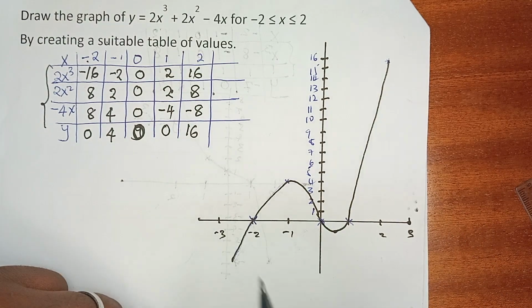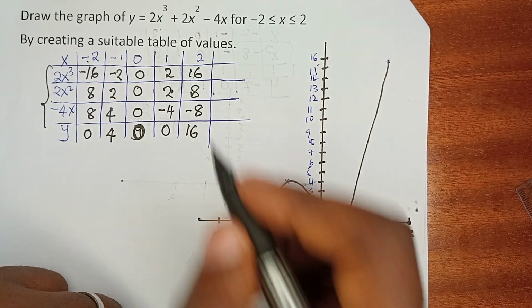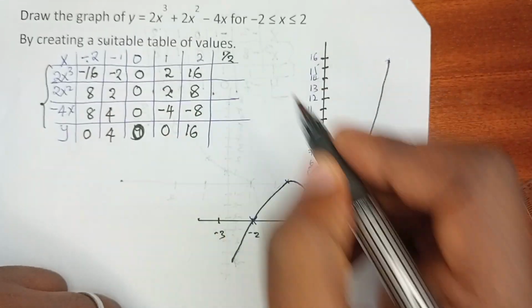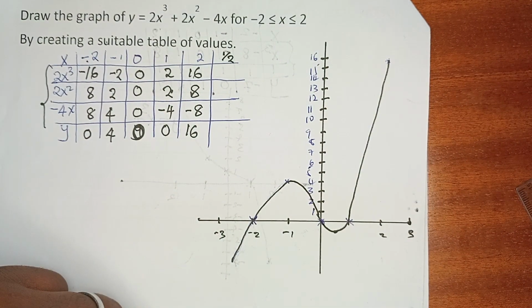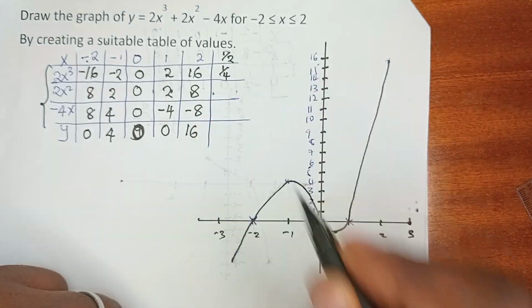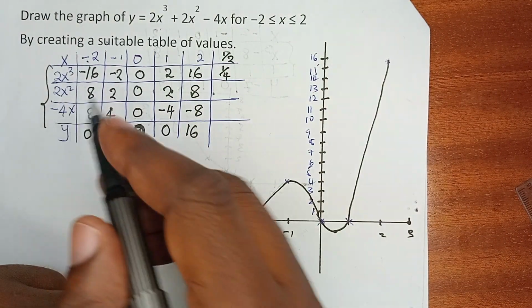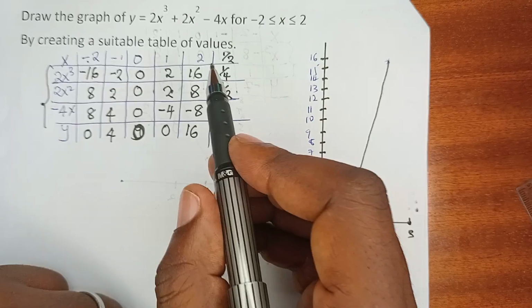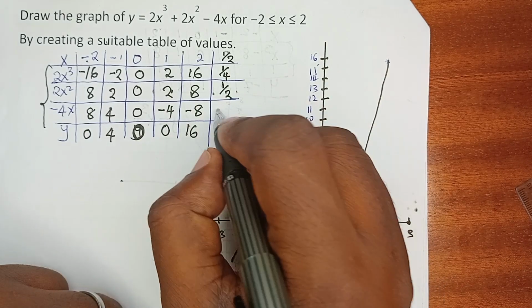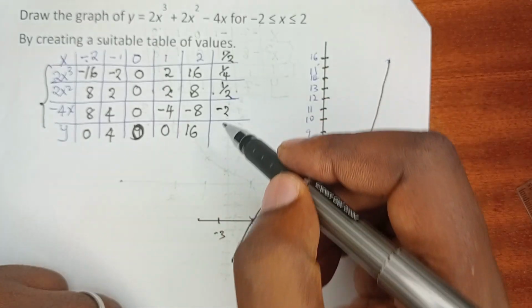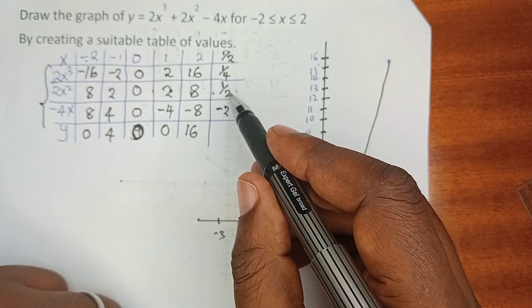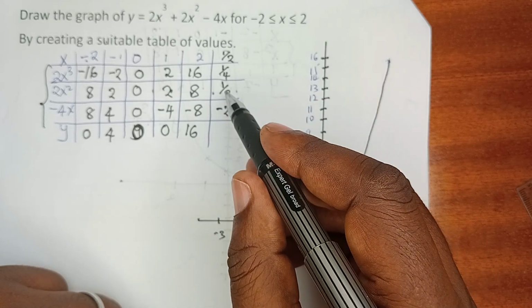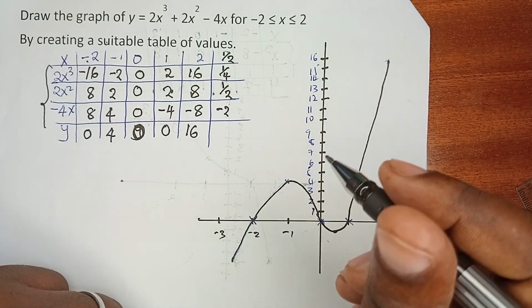When x is a half, for example, let us put it in the table also. When x is a half, cubed is 1 over 8. 1 over 8 times 2 is 1 over 4. When x is a half, squared is a quarter, times 2 is a half. When x is a half, times -4 is -2. And then the sum of all this, that is a half plus a quarter,